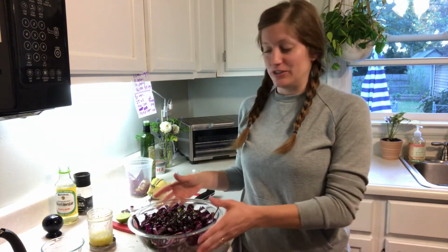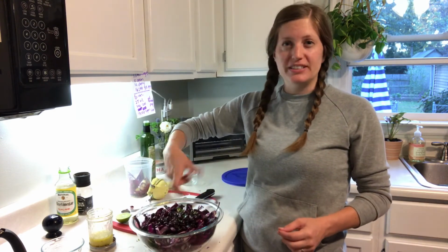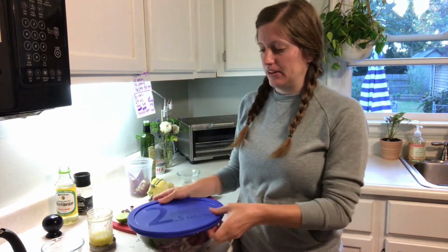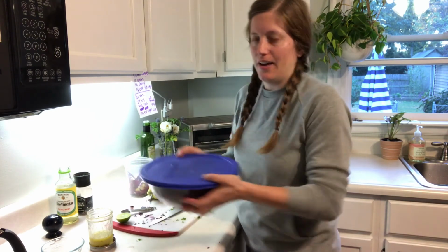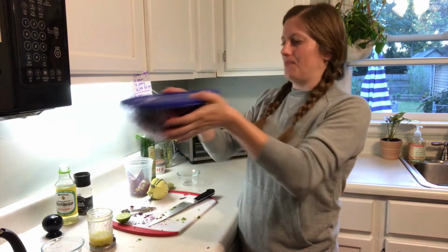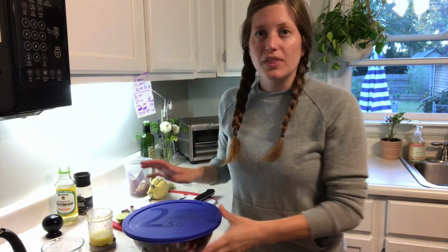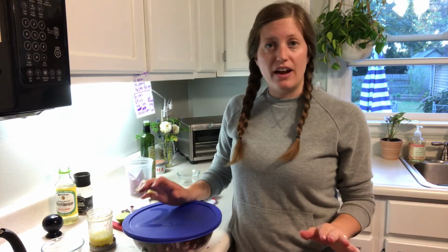So I probably could have used a bigger bowl that would make it easier to mix up. I'd use tongs probably to kind of turn this and get everything mixed in. But instead I'm going to grab a lid and kind of take this same idea as I did with my mason jar and let the dressing coat everything like that. So this salad will stay good in the refrigerator for probably 3 to 5 days or so because